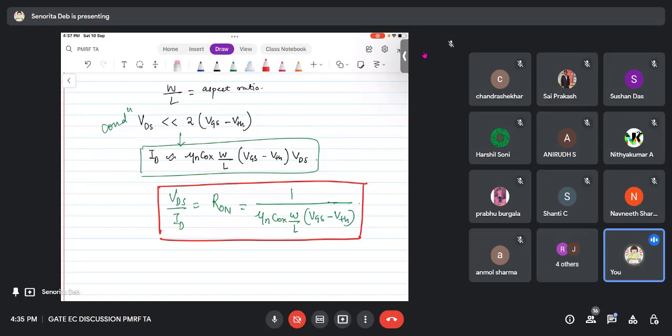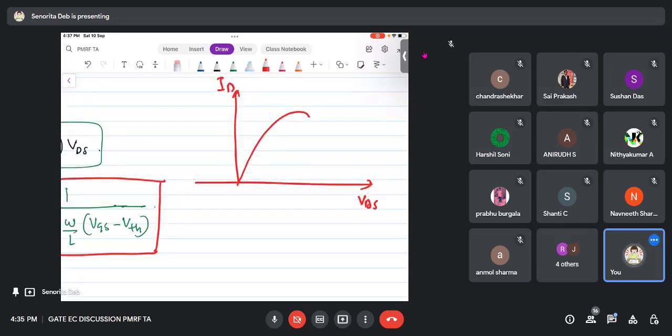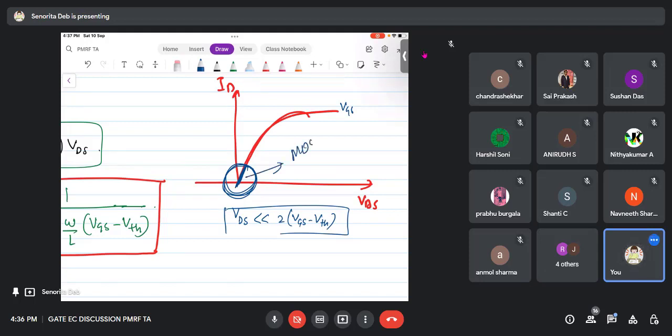So we will see the DC characteristic later on, but just to have a glimpse, you will get this ID VDS curve. ID VDS curve is something like this. For very low values, VDS very less than 2 times VGS minus VTH, for some particular value of VGS, this curve will come. If this is maintained, we are in somewhat this region, and you see this region is almost linear. That means the MOSFET works as a linear resistor